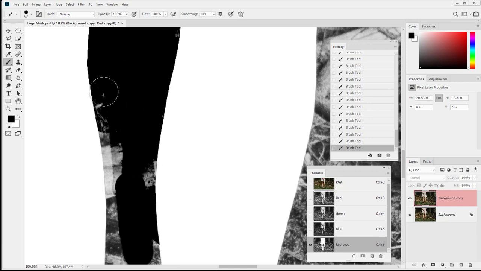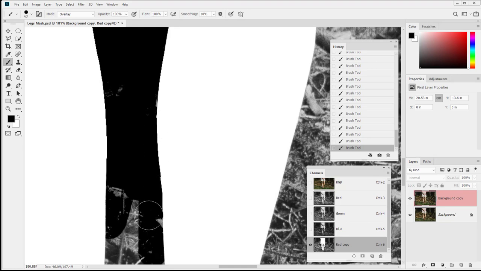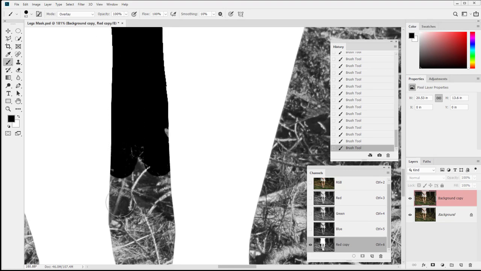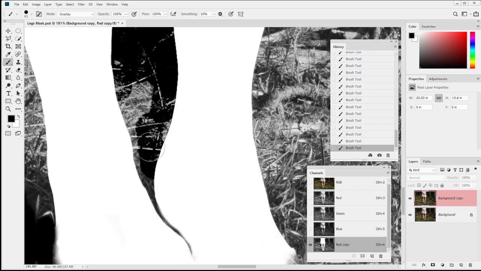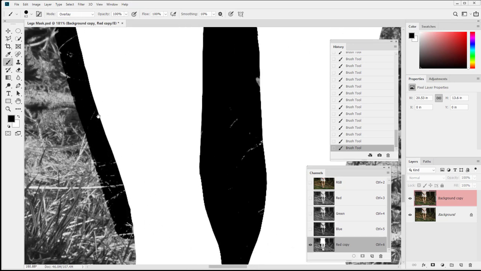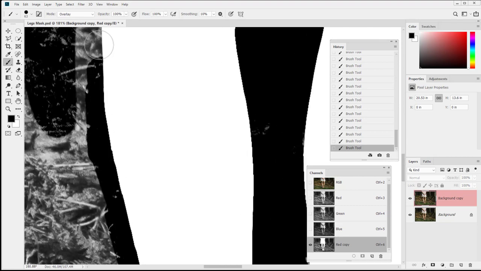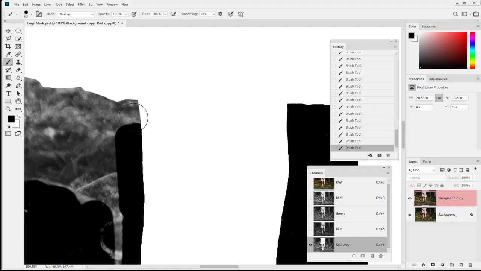So look at that, because I took the time to make a very careful selection and then fill it with white, that lets me, with the overlay mode on the brush and the black as the main color, just paint that right in. Now, I do have to be careful in the fuzzy area here, because if I go through, it will create a hard edge immediately. Those grays are what makes it fuzzy, so we'll have to handle that a little bit differently. So mostly I'm just coming in here and darkening it up